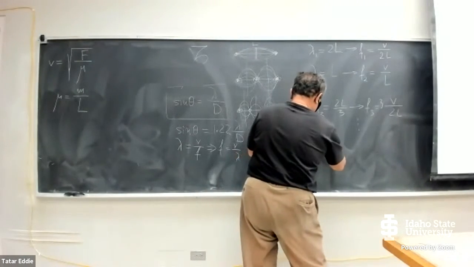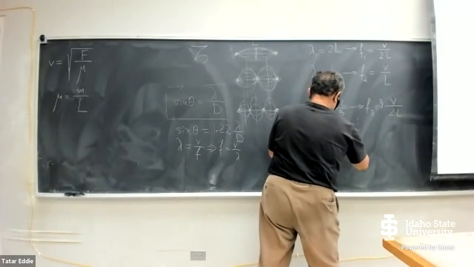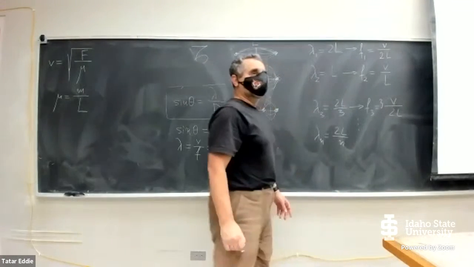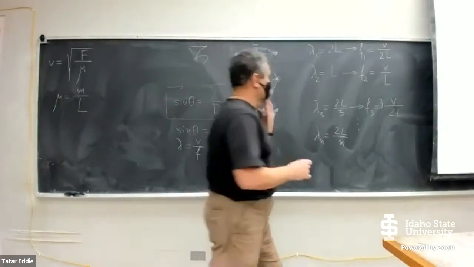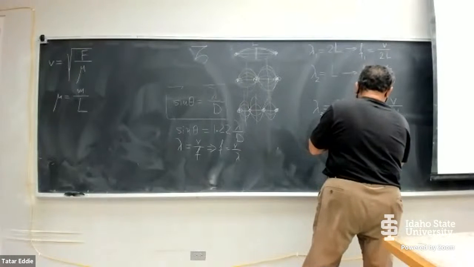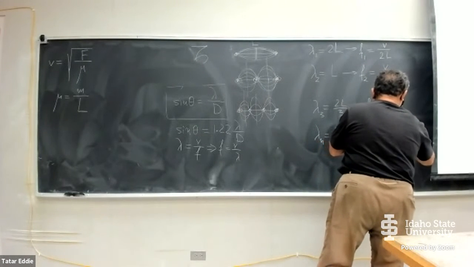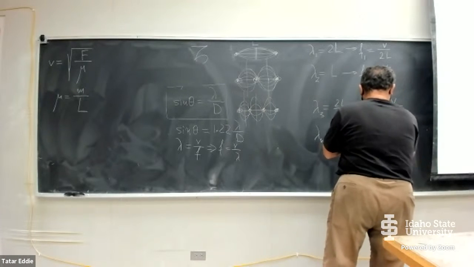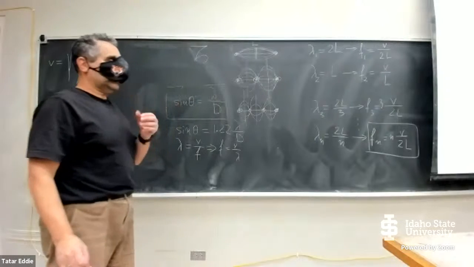The wavelength of the nth harmonic is equal to 2L divided by n. N is an integer number 1, 2, 3, 4. And the corresponding frequency Fn is equal to n times V divided by 2L. So usually this is a formula that is